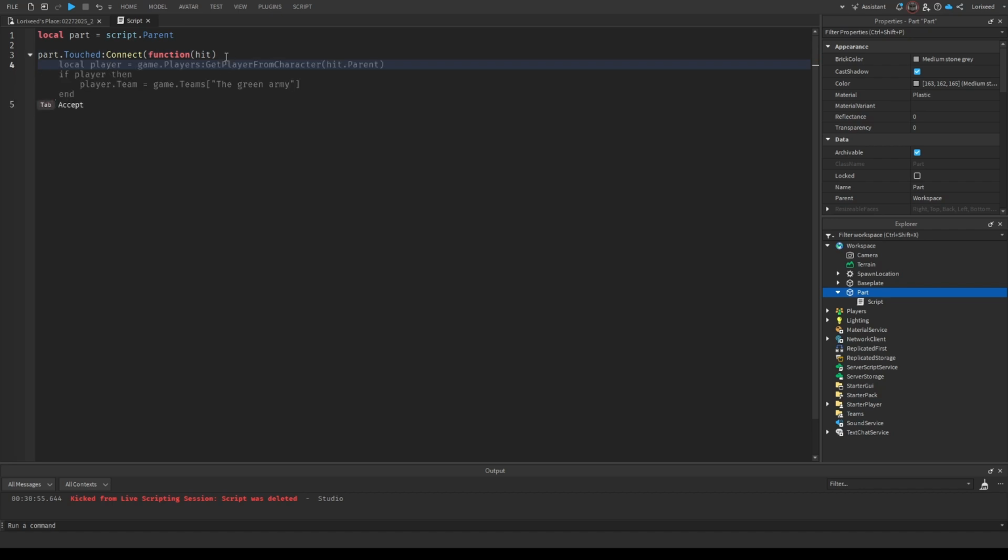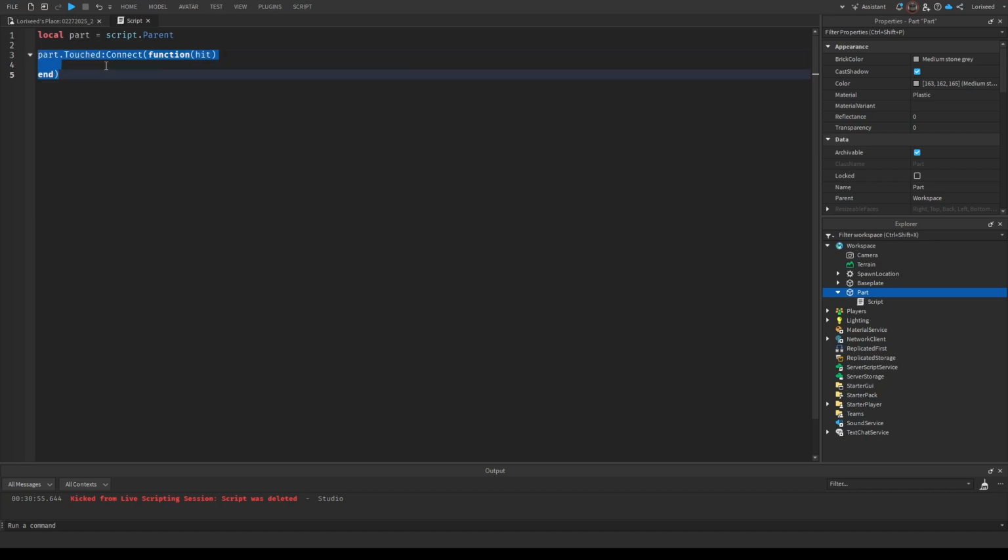Now, this function is going to execute every single time anything touches the part. But let's just say we wanted to kill the player like the obbies do when they touch parts, like the red parts in obbies, they die. We would have to make sure that this only happens when the player touched it. So the way people usually go about doing this is they check for a humanoid in the thing that touched it. So we can do that by doing local humanoid equals hit.parent, because usually the way the